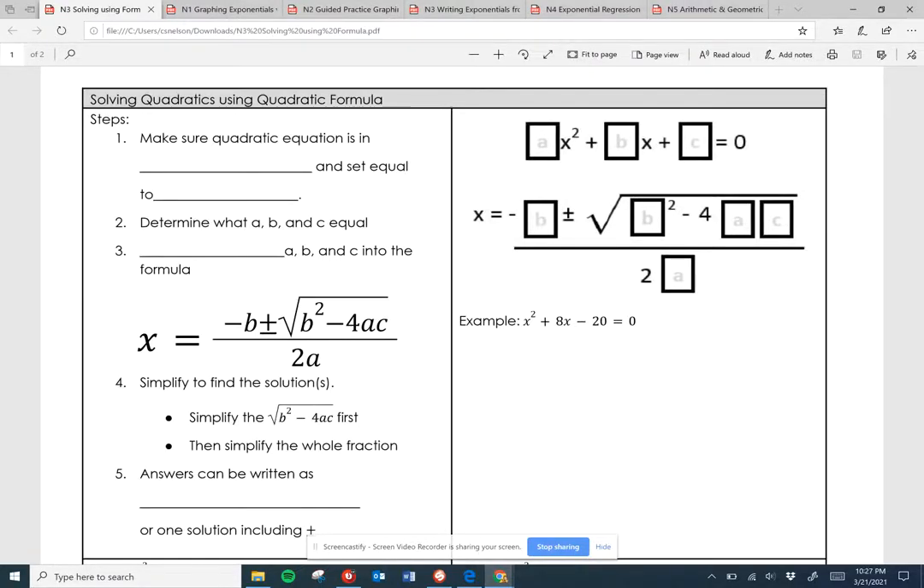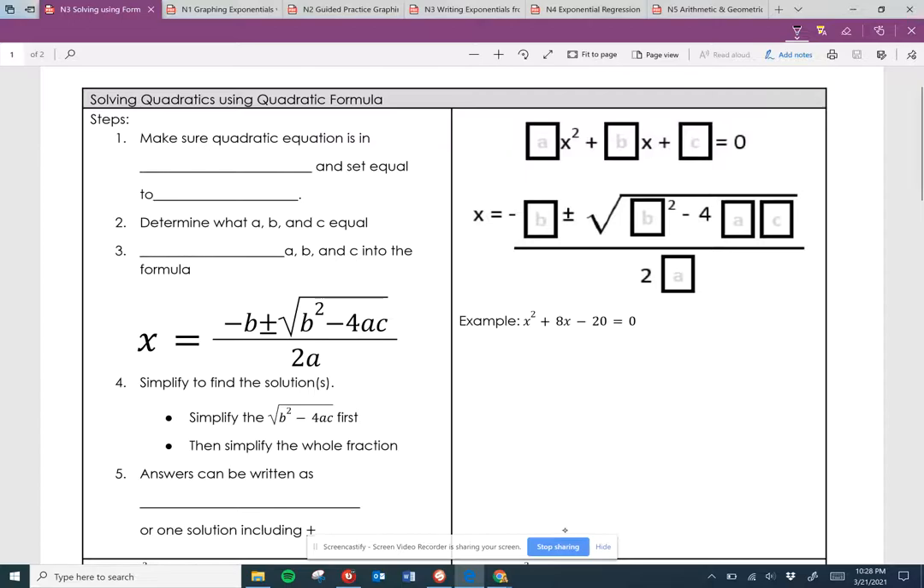The final way to solve quadratics is going to be by using the quadratic formula. So the first thing that we're going to have to do is make sure that our equation is in standard form. Remember, standard form is ax squared plus bx plus c, and we also need it to be set equal to 0. Okay, we would need to determine what a, b, and c equal, and then we're going to substitute those